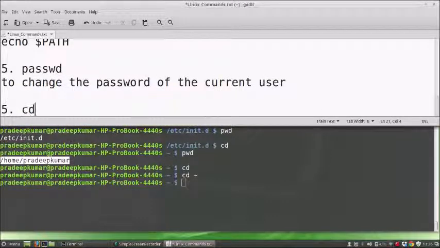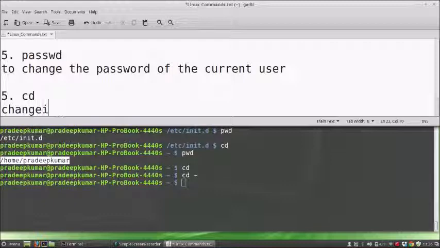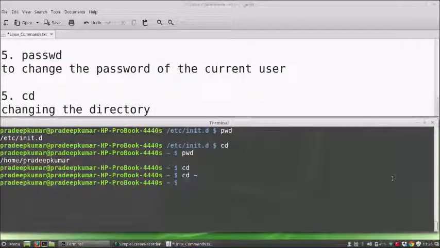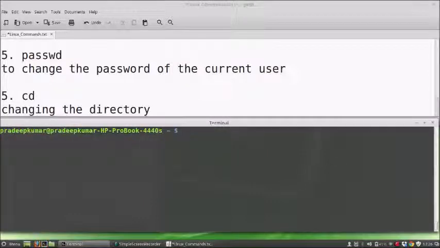So the next command is cd, changing the directory. Okay. Since you are a beginner in using Linux, assuming that you want to know about a particular command, for example, how to create a directory. I know a command, but I don't know how to use it. Linux comes with a manual, called with man space the name of the command. For example, for mkdir, I know the command mkdir.